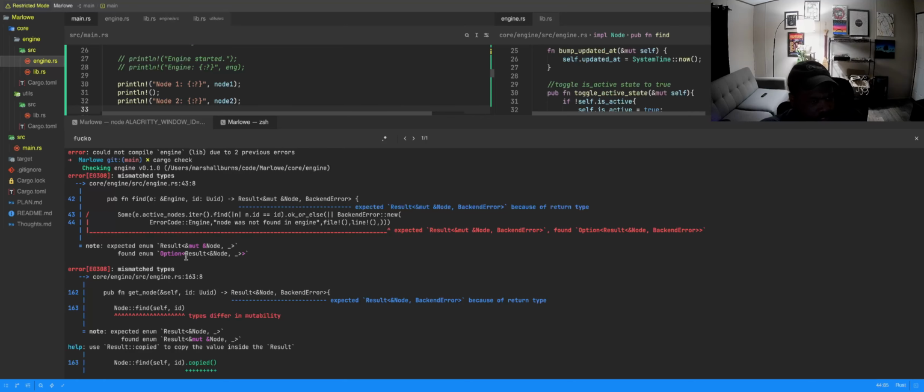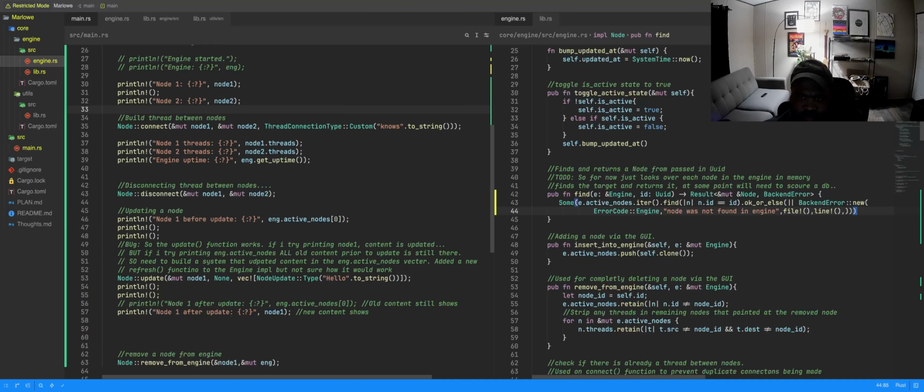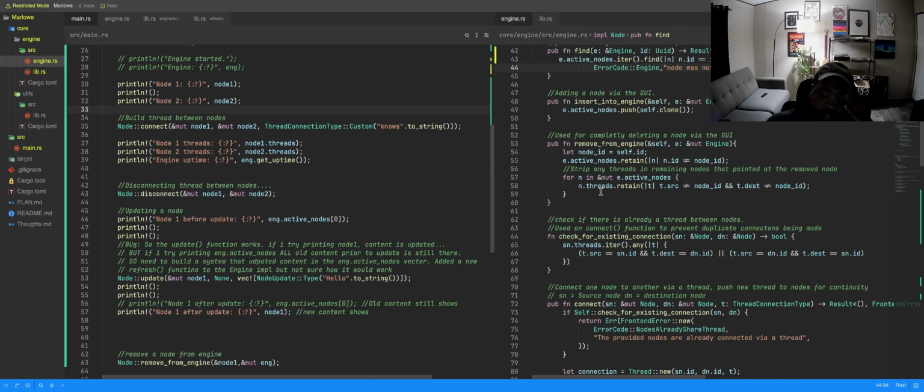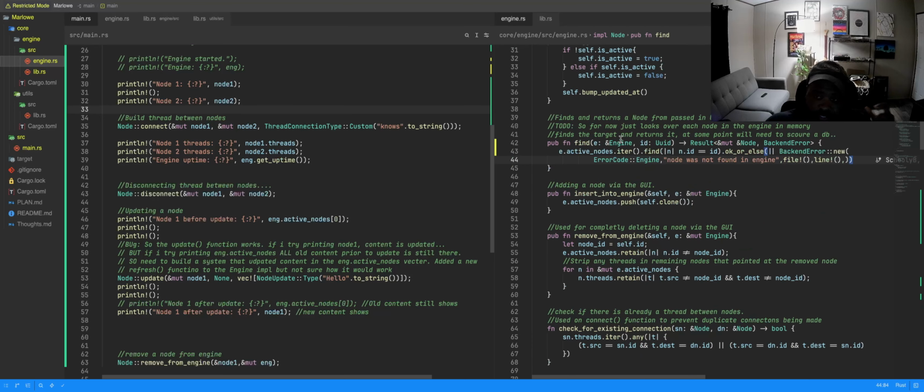Option is some. Okay, that's different. Not result. Result is I think okay or something. Man, I don't know. So I want to use the same find function, but how do I